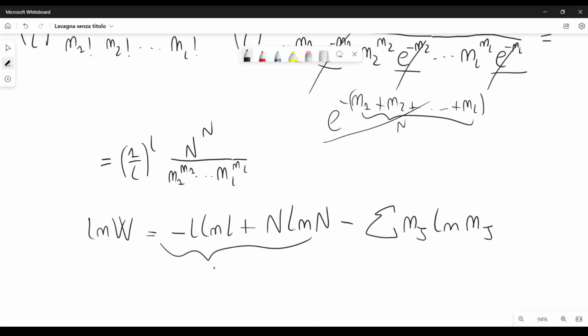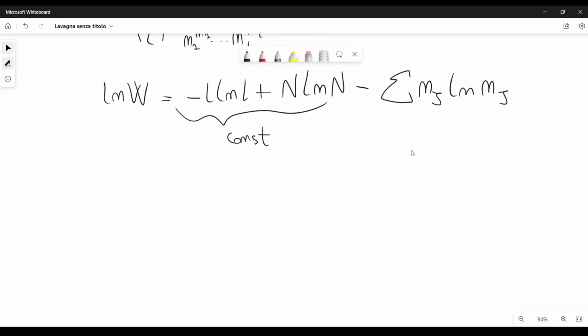Now, these terms here are just a constant because, as I said, we have to consider n as fixed. L is a probability, so that's also fixed. And now, when n is very large, in particular, if we are considering a very large number of substates, where L is also very large, then this summation here can be considered almost coincident with an integral, and therefore log w can also be written as a constant minus integral n log n, and in this case we have